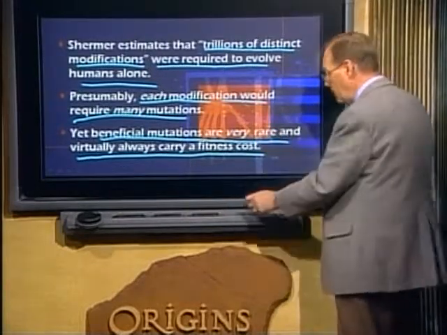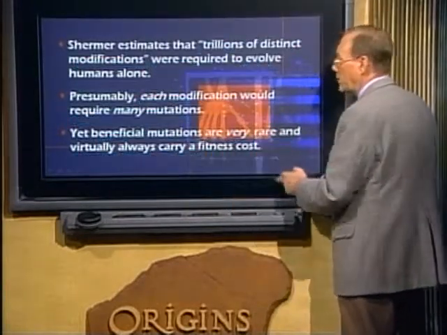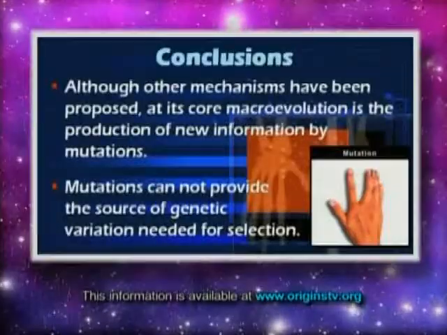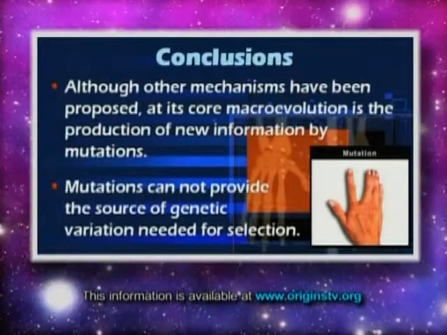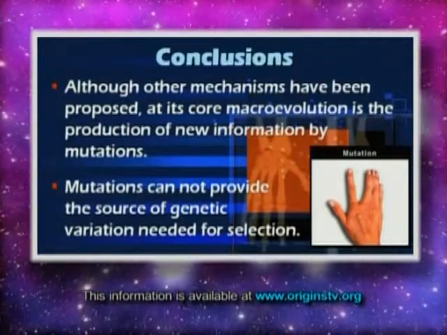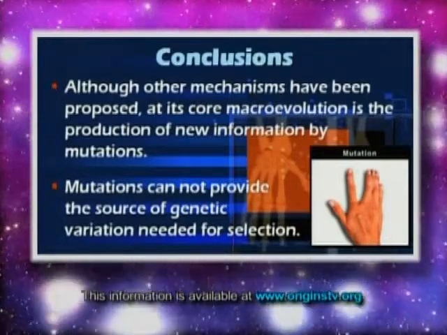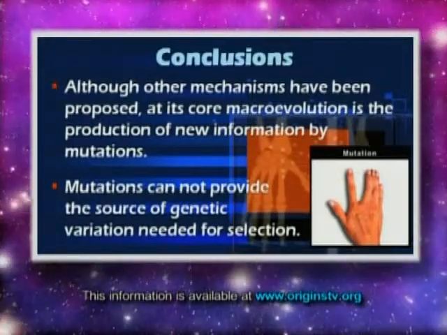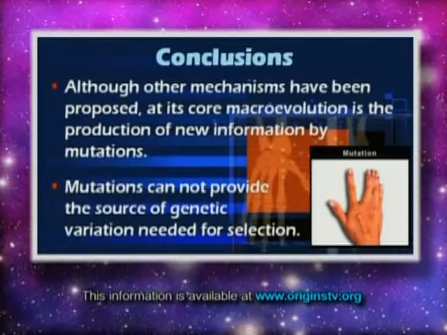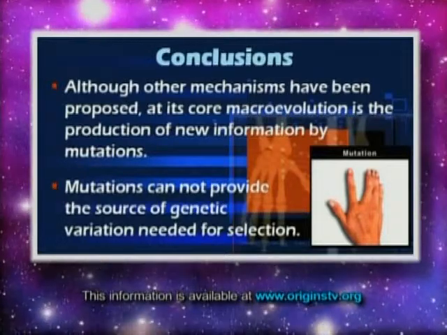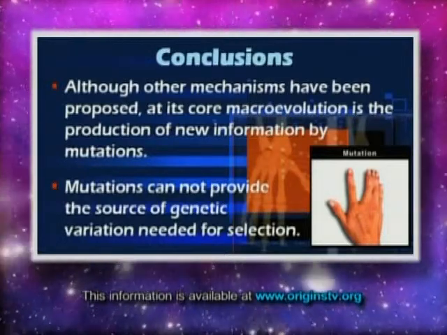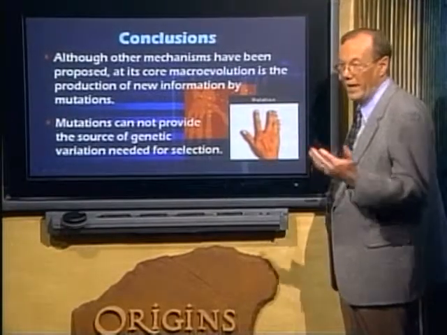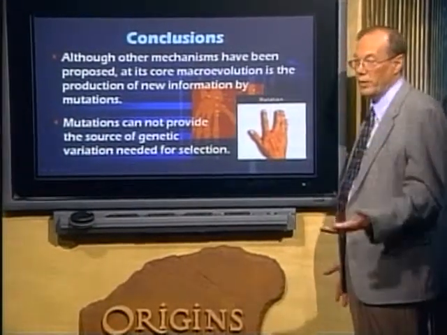We need many, many trillions of mutations. And so I conclude from this that other mechanisms, even though they've been proposed, at its core, macroevolution requires new information. And the ultimate source of new information is mutations. My conclusion is mutations simply cannot provide the source of genetic variation we need. And looking at that from many angles, we see we just don't get what we need to produce what we